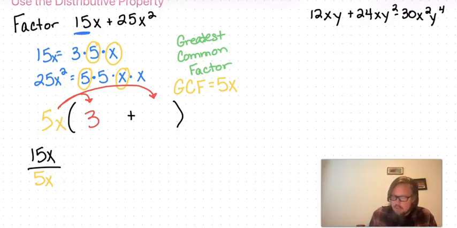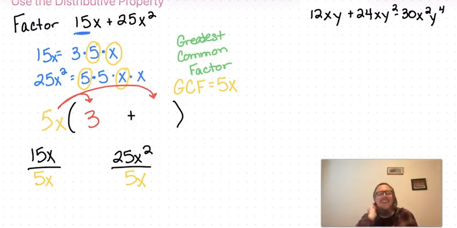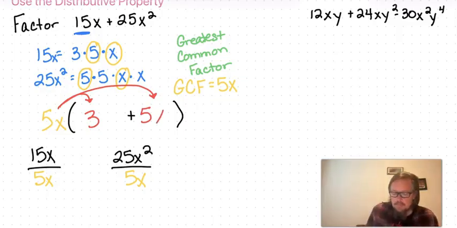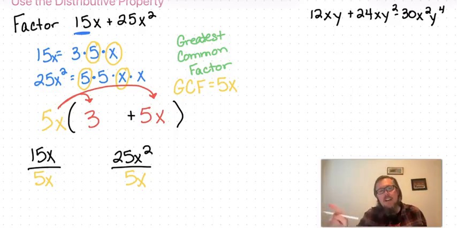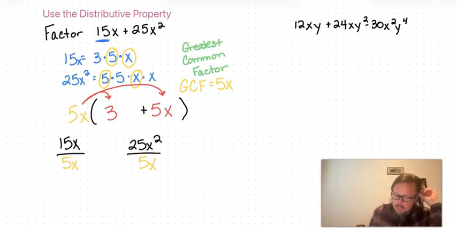And again, if I don't know just by looking, I can divide. What's 25x squared divided by 5x? 25 divided by 5 is 5, and x squared divided by x is x. And I can check and make sure I'm right by asking myself, is 5x times 5x equal to 25x squared? Yes, it is. So the answer to this problem is 5x,